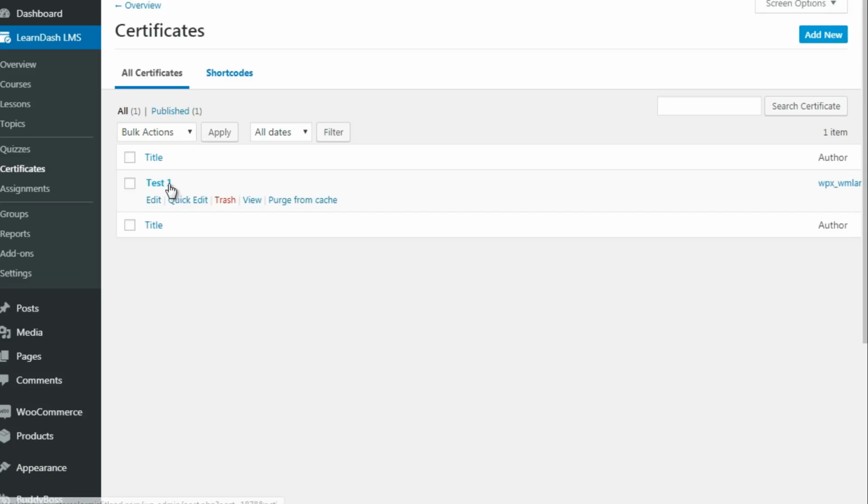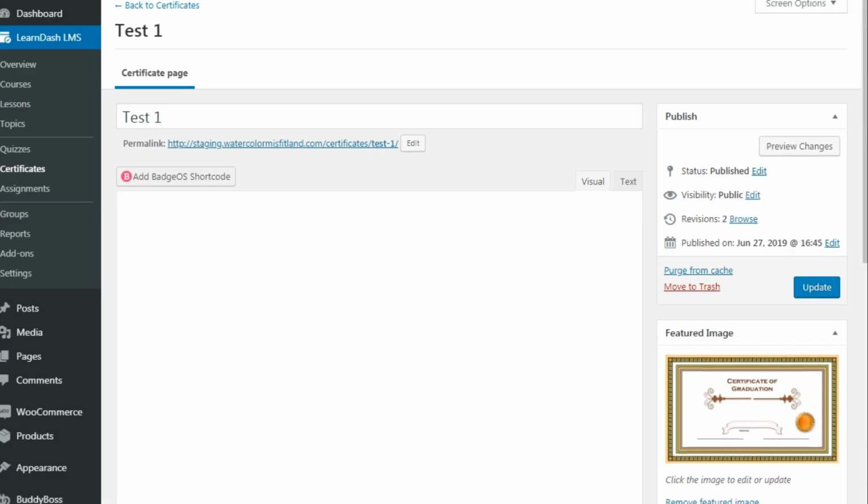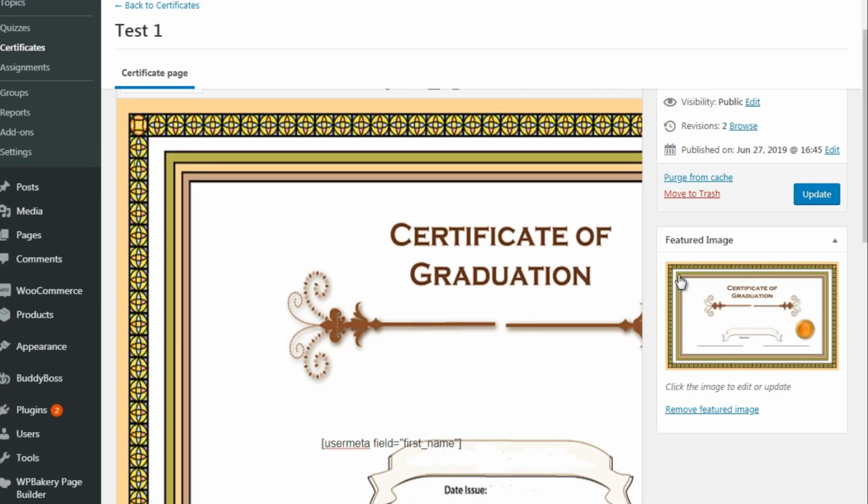If you go over here, you can click on add new certificate, but I actually went ahead and did it here. So click on edit. What you need to do is simply scroll down. You select the featured image as that image. All right. So once you do that, you click on update, and then you need to go back to the courses.